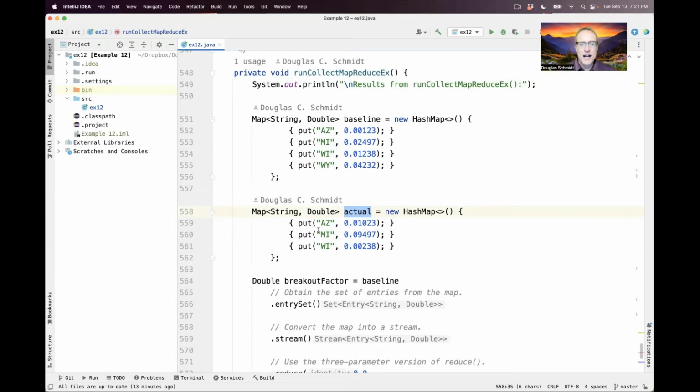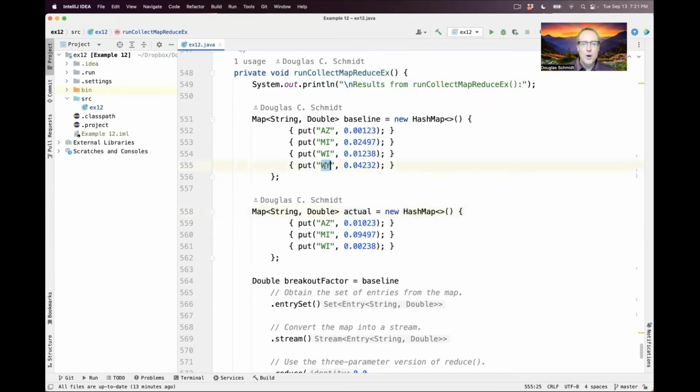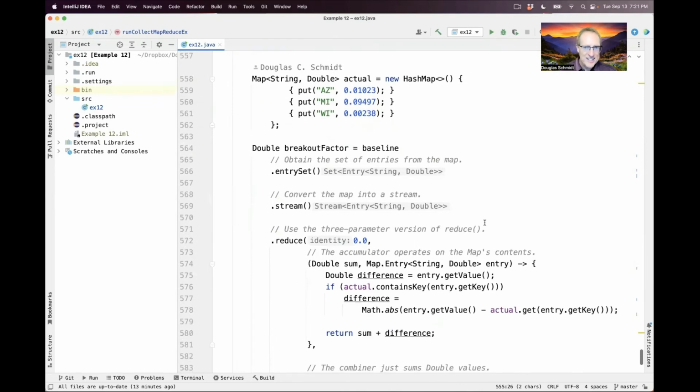And it's also got one less key in it. So Wyoming is missing from the actual map. So now let's see how we can use this in conjunction with the 3-parameter version of reduce. So as before, we start off with a baseline. We get its entry